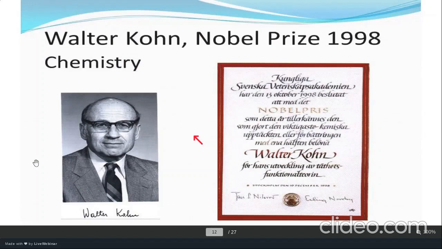Here we are showing a picture of the scientist Walter Kohn, who developed the density functional theory. Basically, he developed this theory in chemistry with the help of Dr. Pople, and they got the Nobel Prize in 1998 for introducing this theory. That shows that the density functional theory method can deal with many-electron systems and solve the electronic Schrodinger equations. That is why Walter Kohn got the Nobel Prize on this topic.